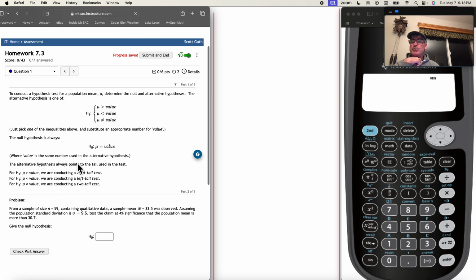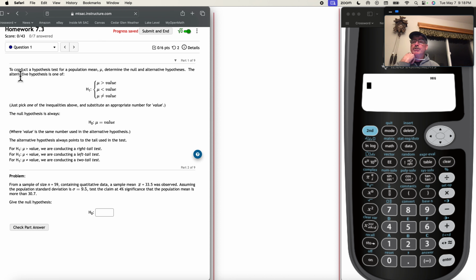So here's question 1, and it just walks through sort of the process. Usually I set up an alternative hypothesis first, so you have to pick mu is greater than a value, less than a value, or just not equal to a value. And that'll be somewhere in the wording of the problem. You have to make out which one of these they're talking about. And then for the null hypothesis, we just say mu equals the value, the same value that's used up here